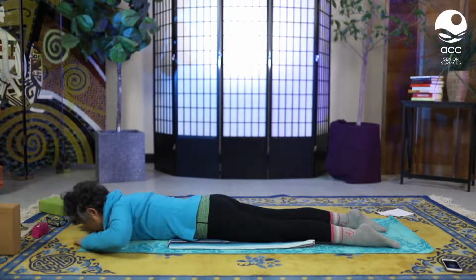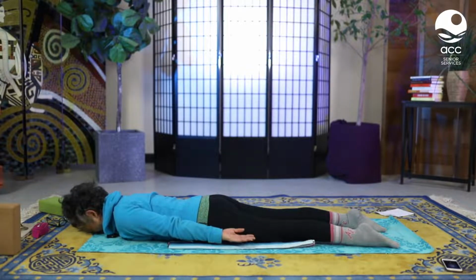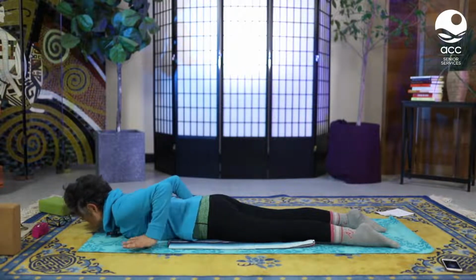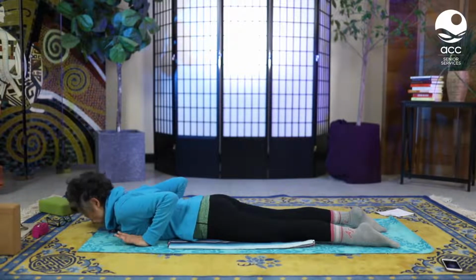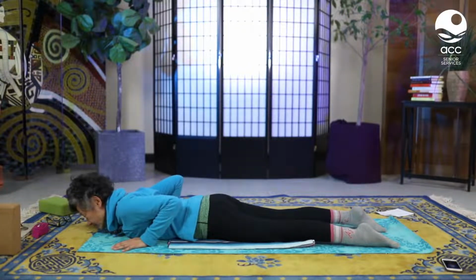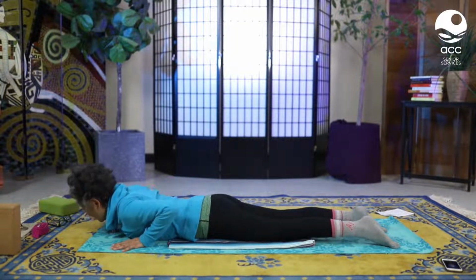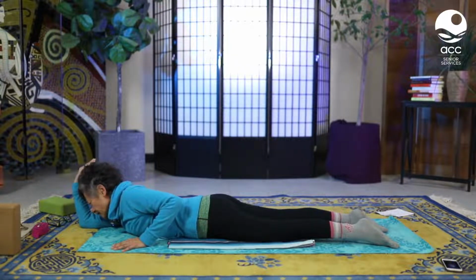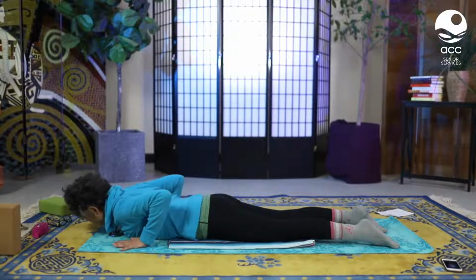And then we're going to release the hands, backs of the hands on the mat, palms up, and breathe, even though your face is just a little smushed. Then at your favorite part of rolling onto your back, I like to sometimes just bring my arm up. If you have a tight shoulder girdle area, you may want to just